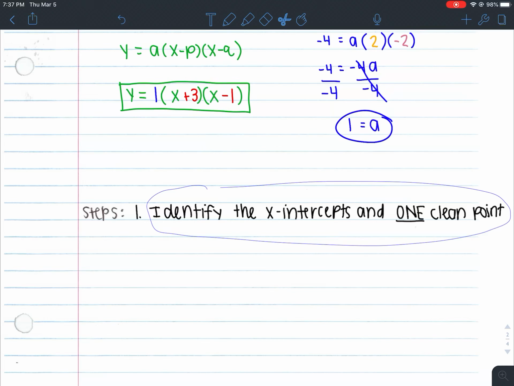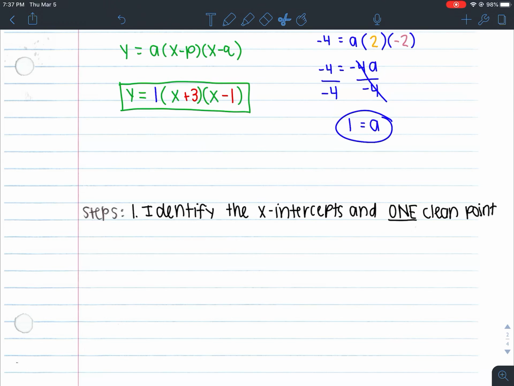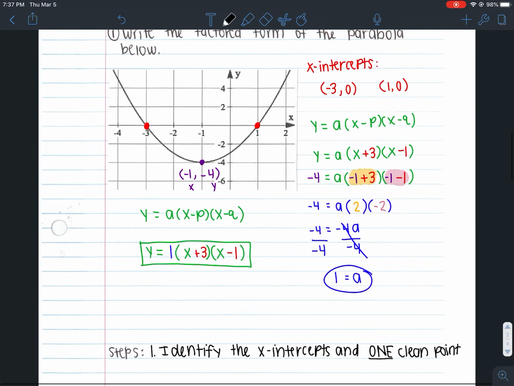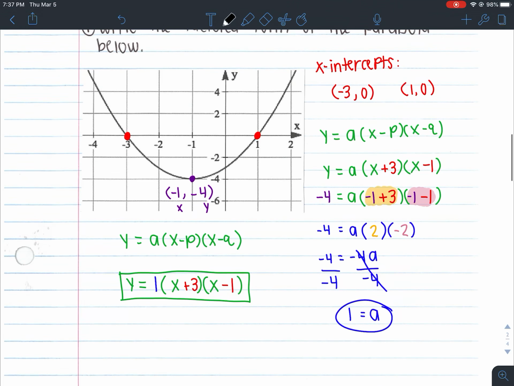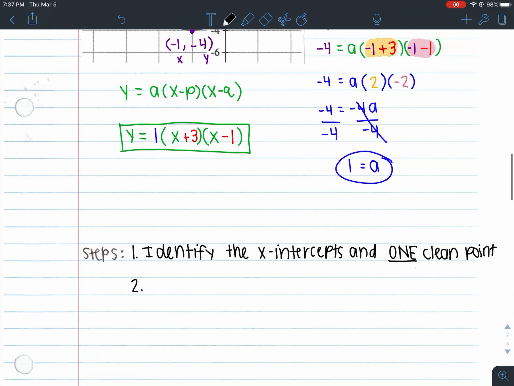Okay, we want to do that. That's the first thing we want to do. We want to make sure that we identify the x-intercepts and identify one clean point, right? So in this case, x-intercepts were in red and our clean point was in purple. The second step, after I identified my x-intercepts, you want to write down